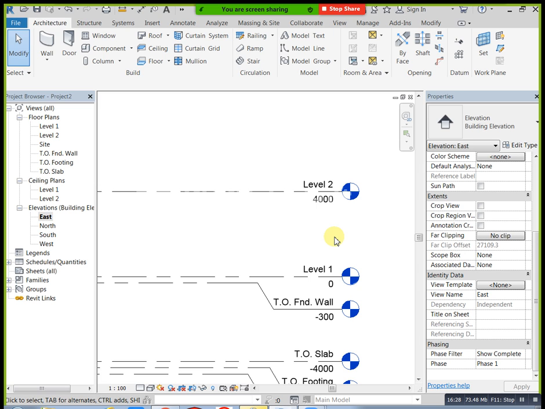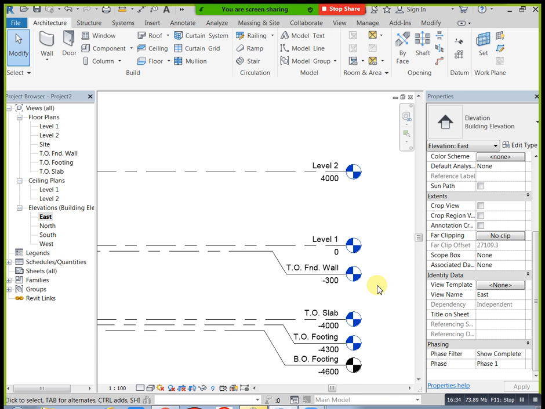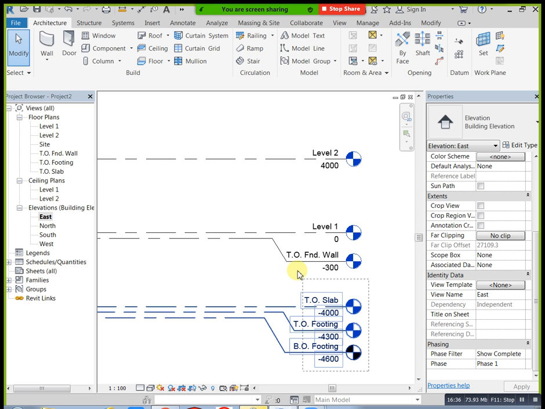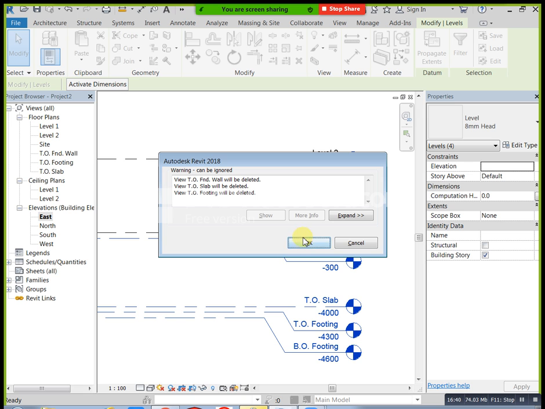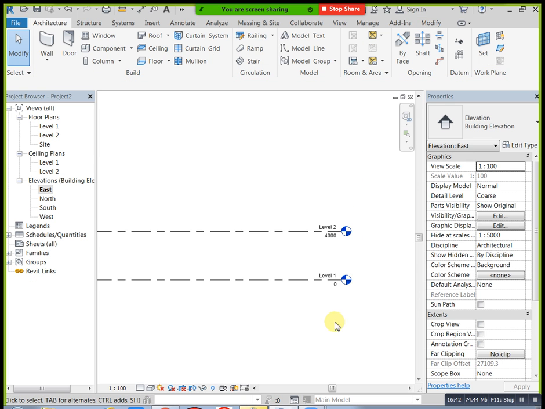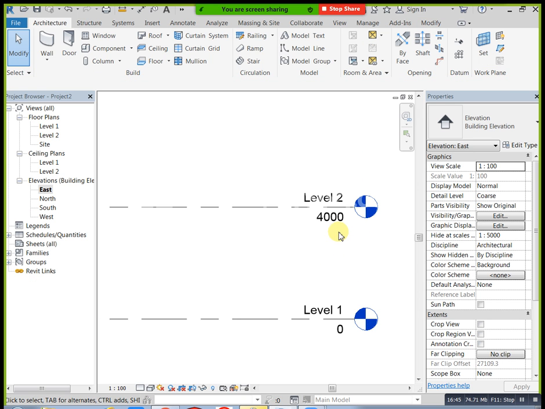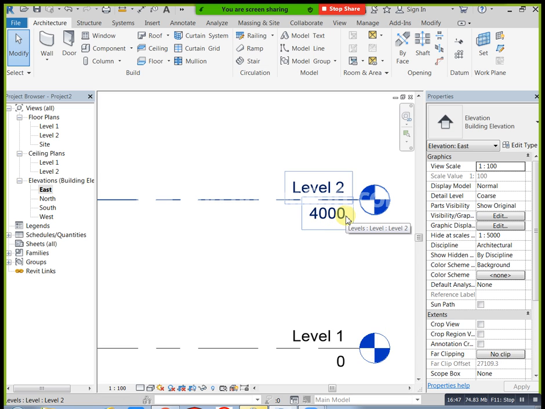Next, for example, I don't need this bottom slab, all this. You can select and delete it. You don't need that condition, you can delete it. That's not a problem. Now my floor height is just 3600, which means 12 feet. Here we have a default of 4000, which means 4 feet for our floor. For example, if you need to edit, directly click here. You can enter 3600.